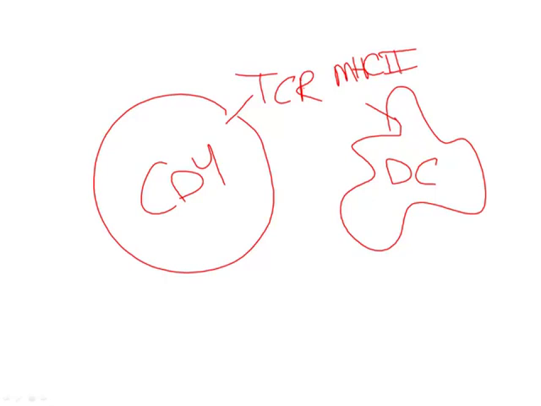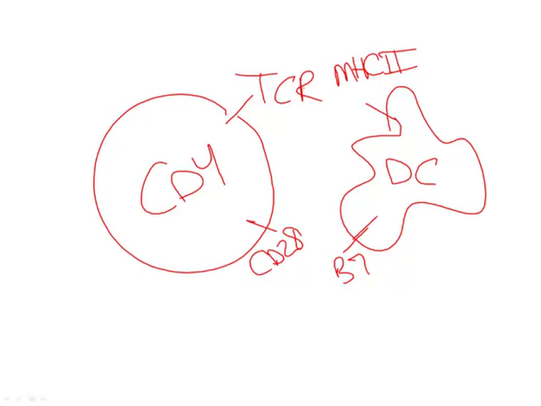Now, when this first interaction occurs, it also requires a second interaction in order to activate the T cell. For example, in this particular instance, the second interaction would be that CD28 on the T cell would bind a molecule called B7 being expressed by the dendritic cell. This would provide the second signal, and it's when the second signal arises that the CD4 positive T cell would actually become activated. Now let's imagine that there's a self-reactive CD4 positive T cell that's floating around.